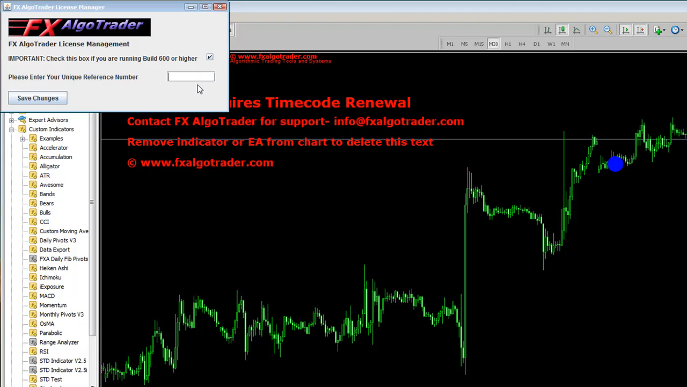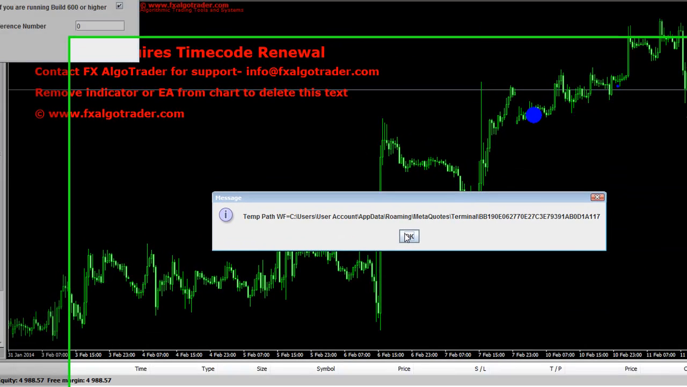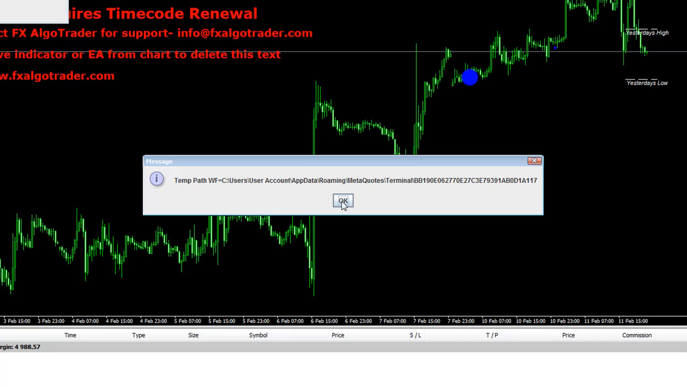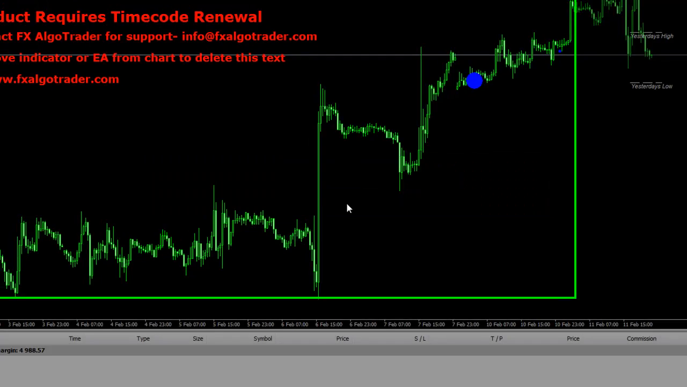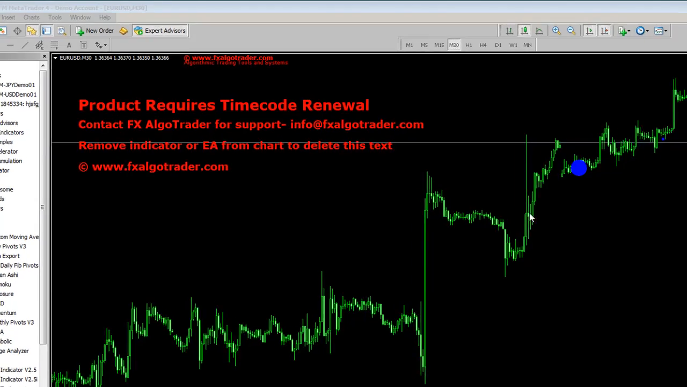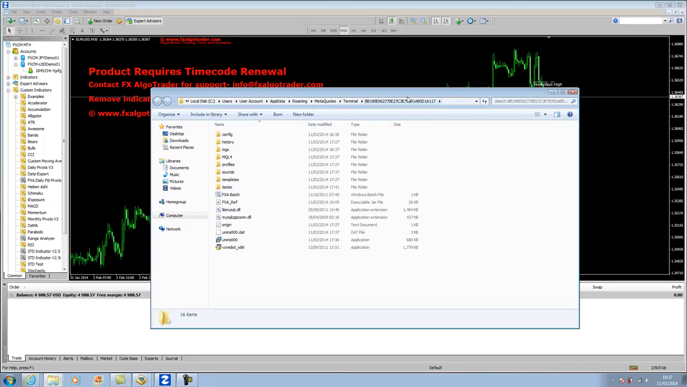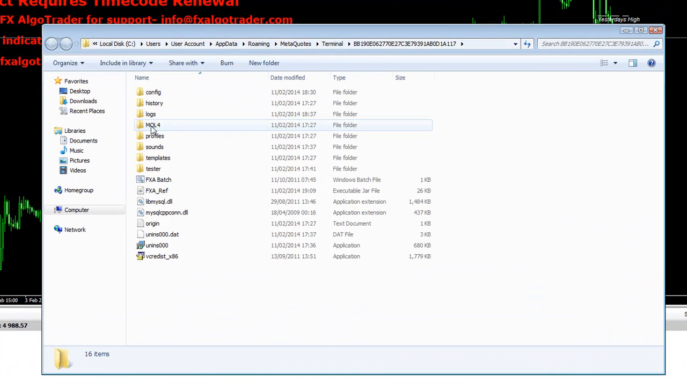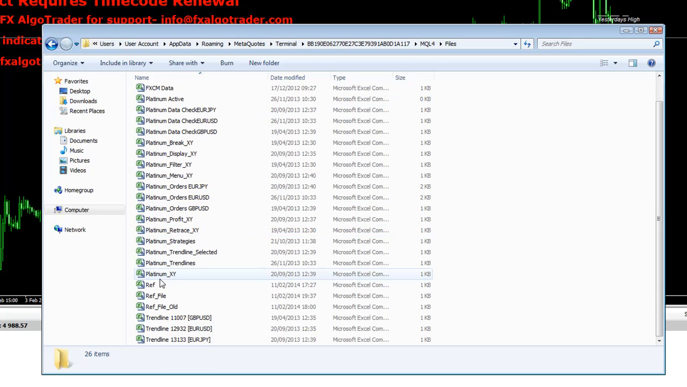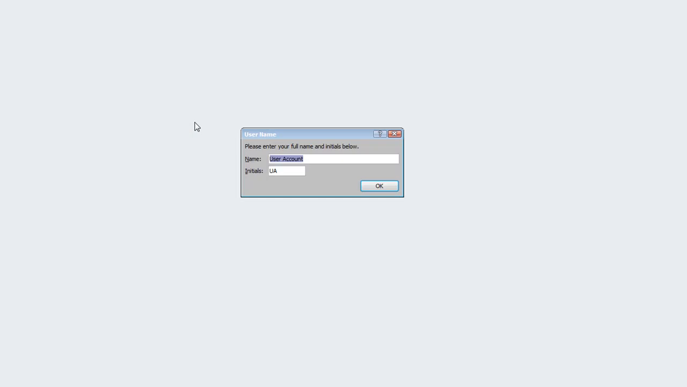Now we enter our unique reference number in this field. Mine is 0. Save those changes. It's giving me another temporary path message from the Java installer. I'll remove those before I distribute this. It's just for checking. What it's done is written my reference data into the file path within the virtualized file structure. So if we go back to our data folder, go to MQL4, go to Files, we can see down here a ref file, and if we open the ref file,